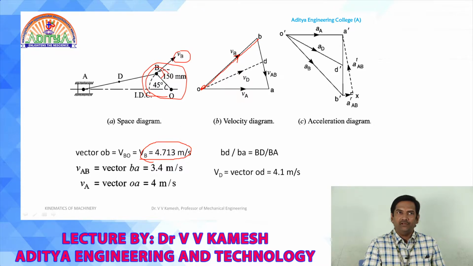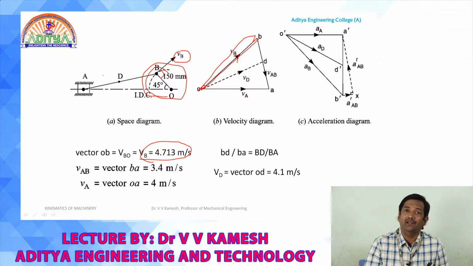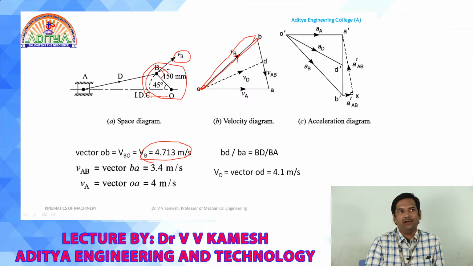Once the velocity OB is identified, we will draw this line OB, then our discussion will transfer from OB to the connecting rod AB. For the connecting rod AB, the velocity of the point B with respect to A, VBA, will be perpendicular to the direction AB. So, from B we will draw a perpendicular to AB; this line will be extended, and from here we need to draw a perpendicular line in this direction. This BA will give us the direction.